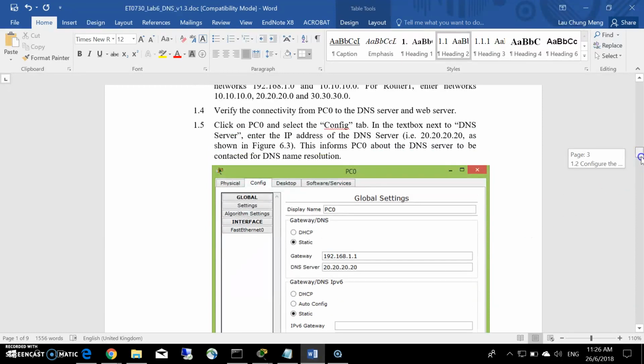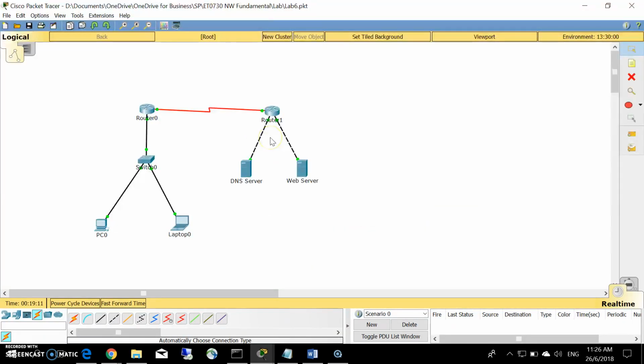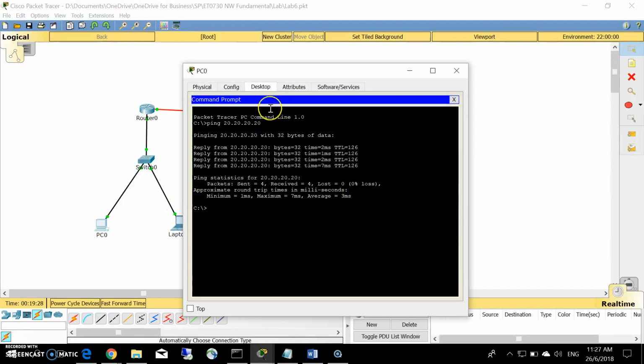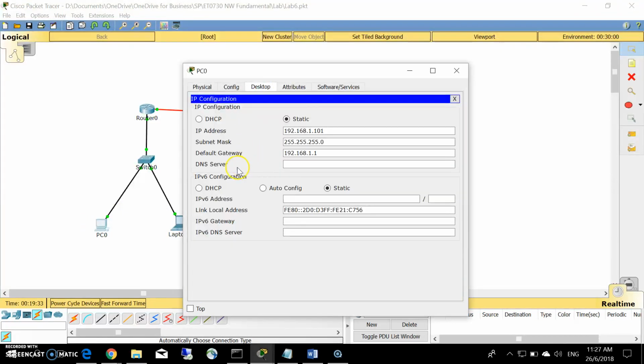Next is to set the DNS server. At PC0, I'm going to go to desktop and add in the IP address of the DNS server.